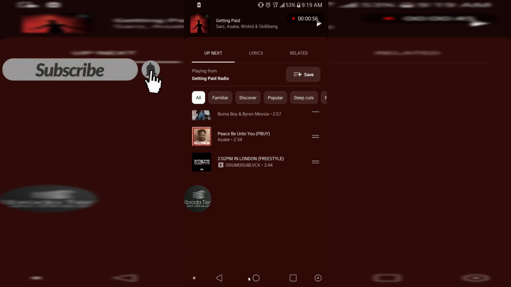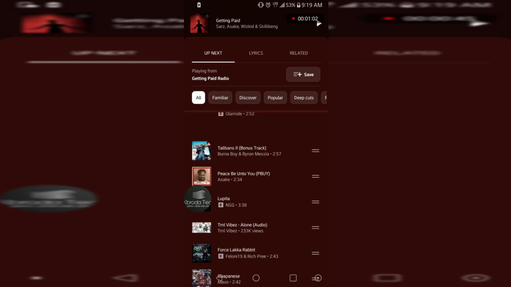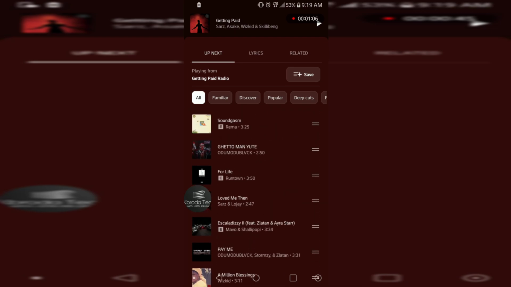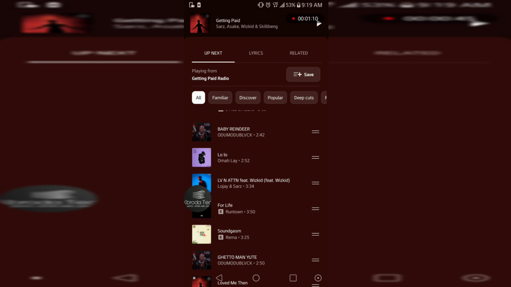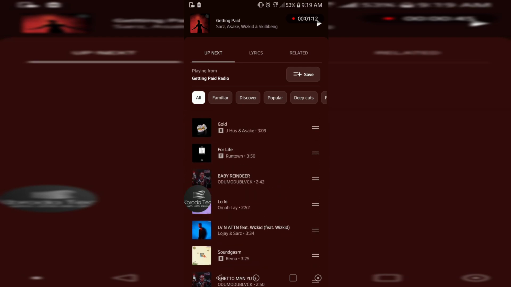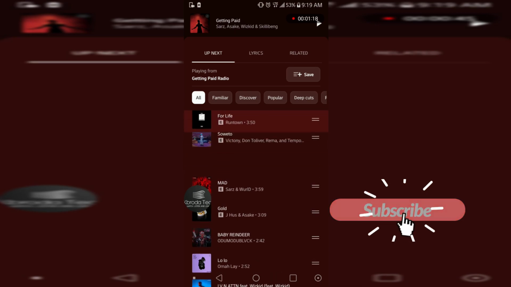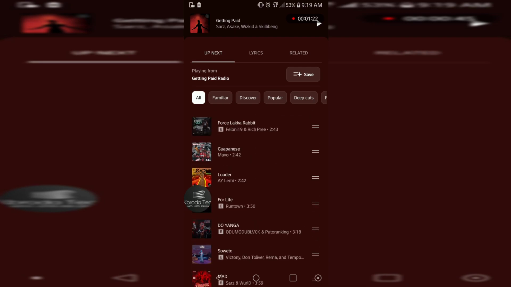Yeah, so now I scroll down to find the songs that I want to play next. So if you're on the free version, I think there's an option you can be using to be able to arrange your songs. Then just drag them. Rundown is not a bad song. So you just scroll and you just drag them. Yeah, something like that. And then after the songs are finished playing, they will be playing in order here, something like that. Up next. So that's it on how you arrange